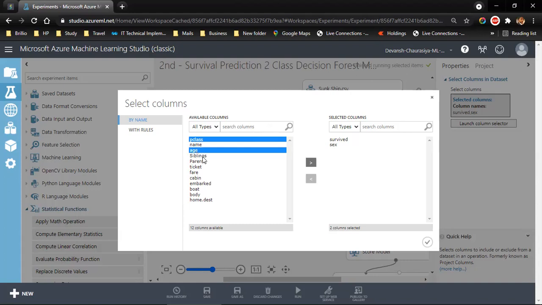Age is a good parameter, and whether the person had siblings on board or not, whether they have parents on board or not, and we can take fare. These are the parameters that can actually predict whether the person survived or not. If a person had parents or siblings, they're highly likely to help the person out, and the chances of survival are much higher. Now let's click on OK.